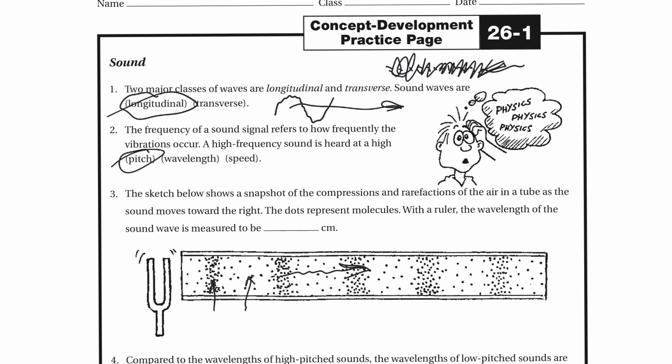Now remember that the frequency times the wavelength is going to equal the speed of sound, and the speed of sound is always going to be 340 meters per second in air. The denser the medium, say water or steel, the faster it is going to be. So sound would travel faster in a railroad track than it would in the air, or even in the ground than it would in the air.